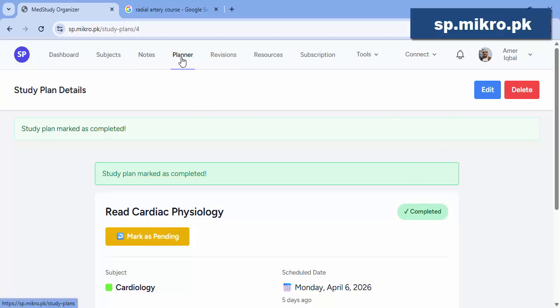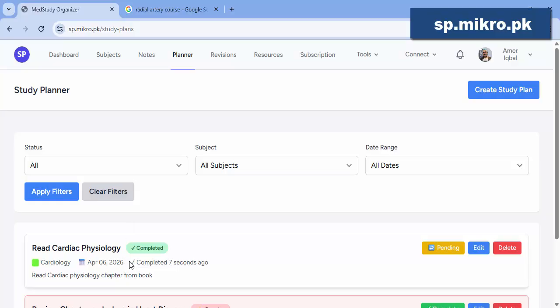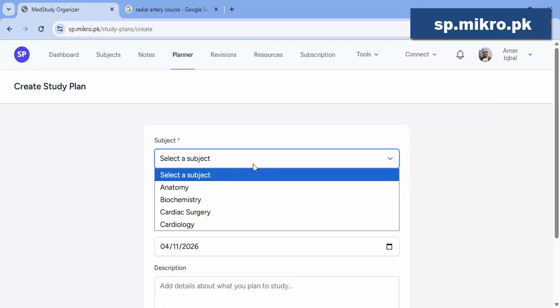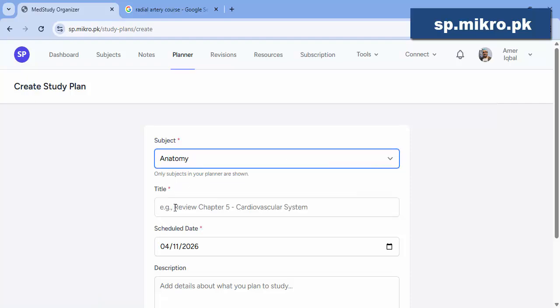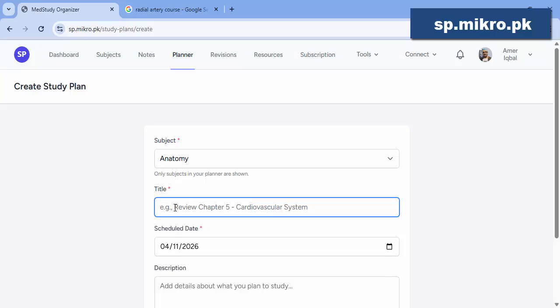So you can see this particular plan was overdue, and now I have clicked that I have completed it. Now it is appearing as completed. So when you want to make a new plan, just write the subject name and the title of your plan, like complete dissection of the radial artery in the dissection hall,